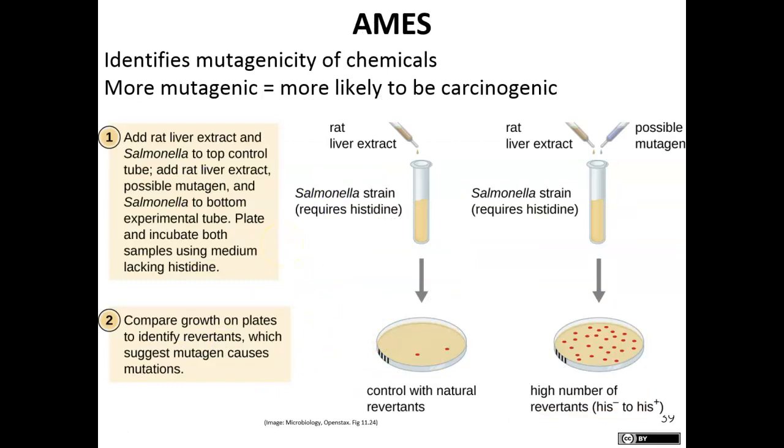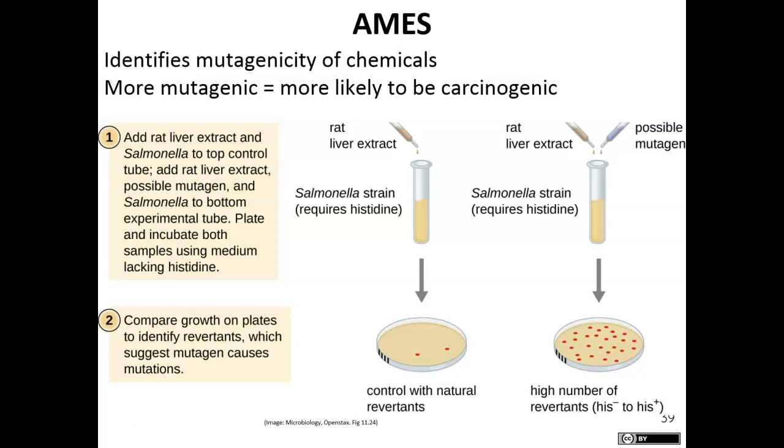It's called the Ames test. The Ames test identifies the mutagenic properties of chemicals. So when someone is trying to put a chemical on the market, they have to first test to make sure that chemical is not going to be considered a mutagen. And if it is a mutagen,